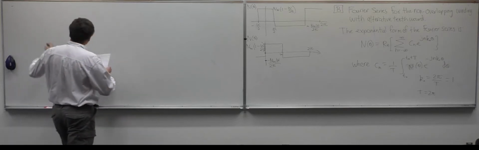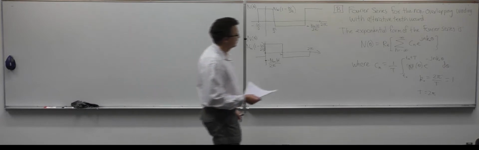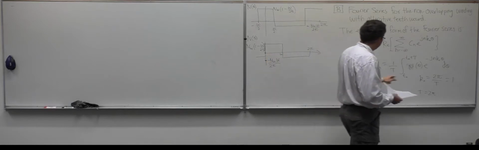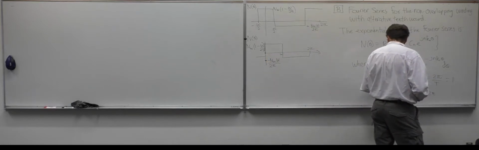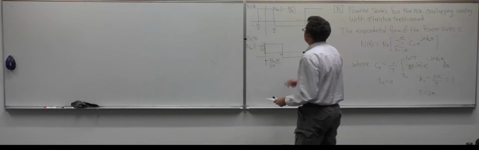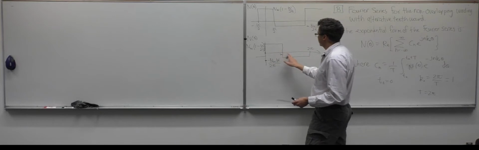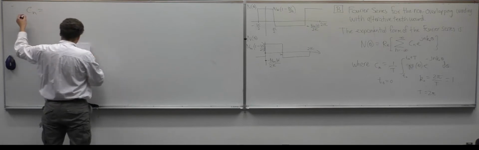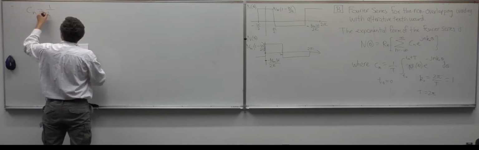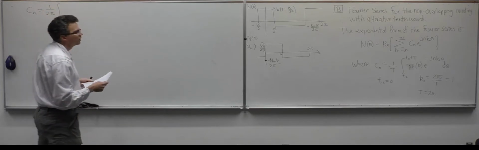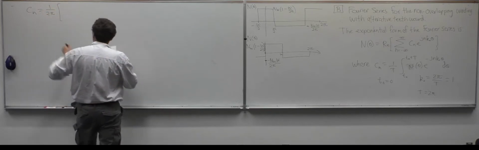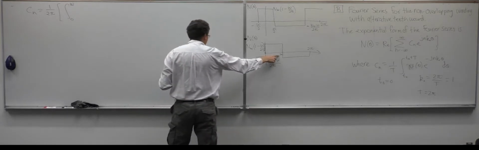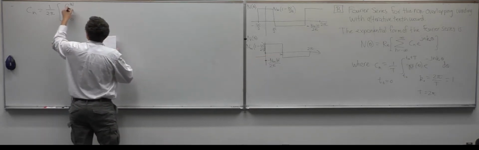Okay, so then t naught can be taken as 0 in here. T naught equals 0. So we have two parts to evaluate. And so the Cn is going to be equal to 1 over 2 pi, the period, and then the integral we're going to evaluate from 0 to w, and that's the magnitude n subscript